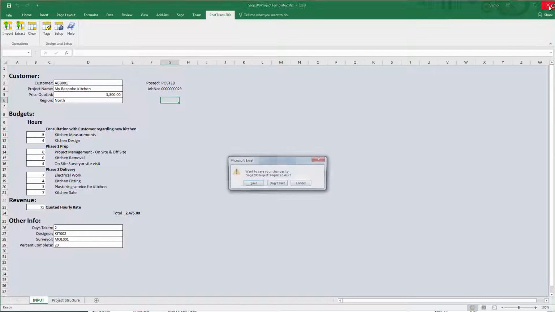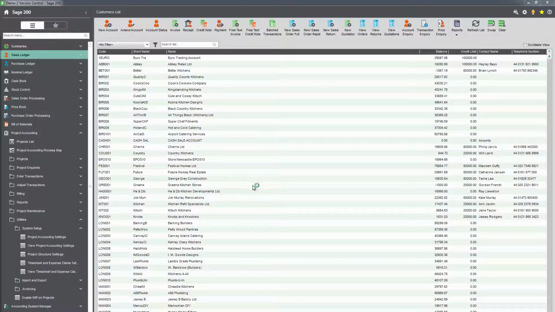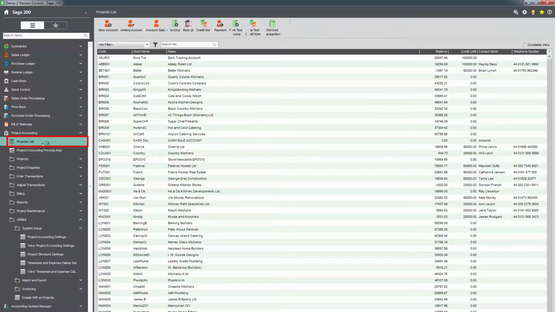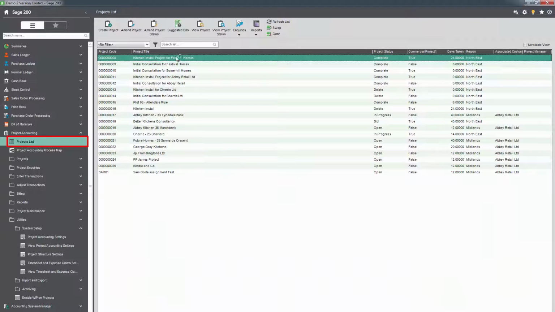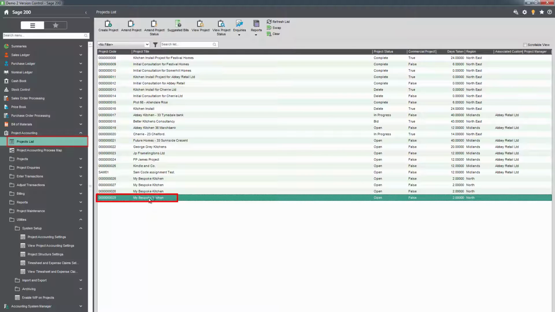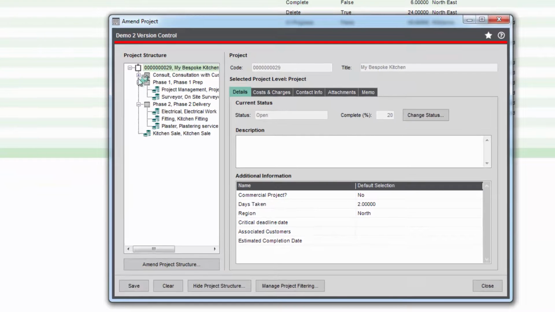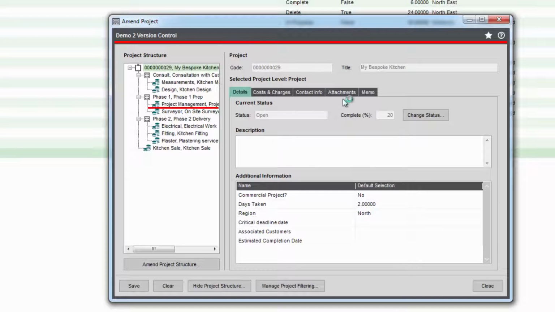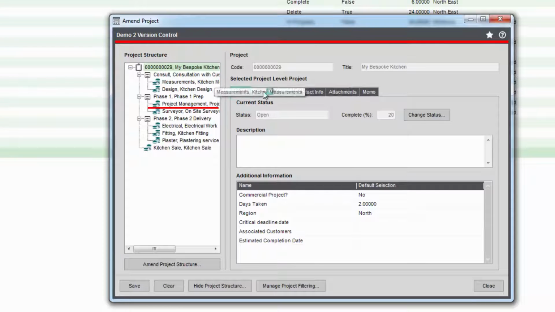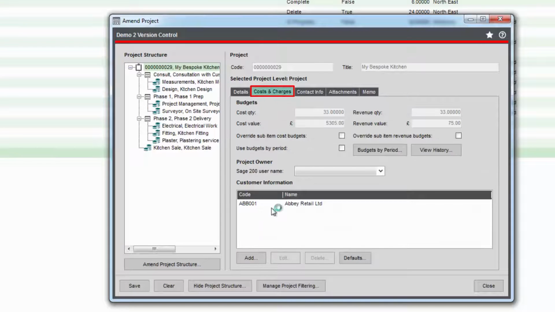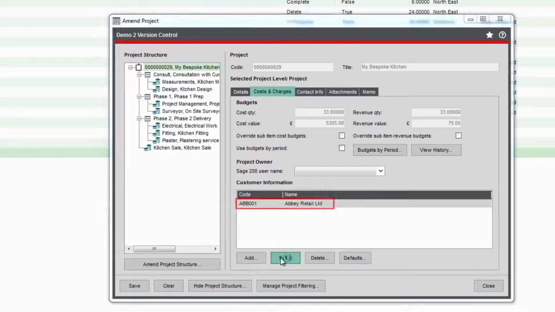So I do believe now if I close down our template, let's just save it. And we go back into Sage. Let's go into Sage. And we refresh the screen. Let's refresh the screen, and that I believe was project 29. I'll just open that up, and I do believe we should be able to see that whatever I told to be ignored has been ignored. We should also have a customer. There's our customer, look. So it's linked through that customer detail,